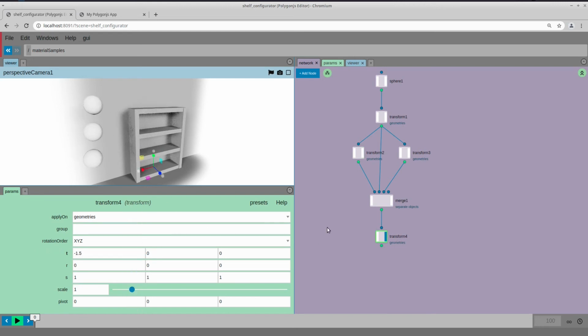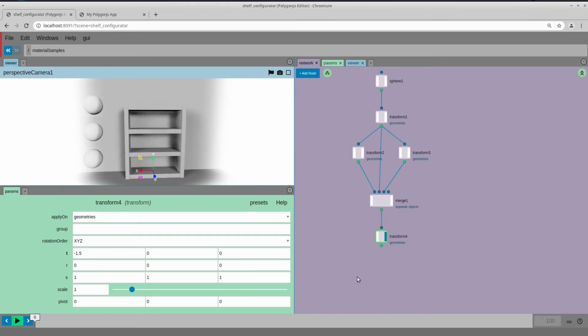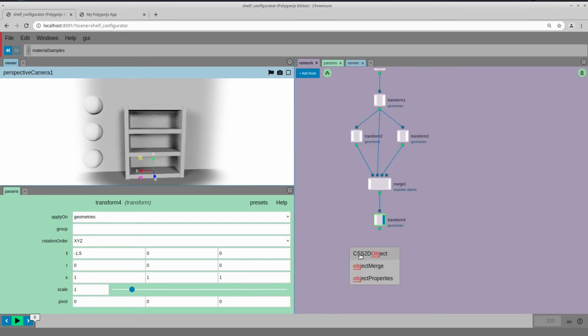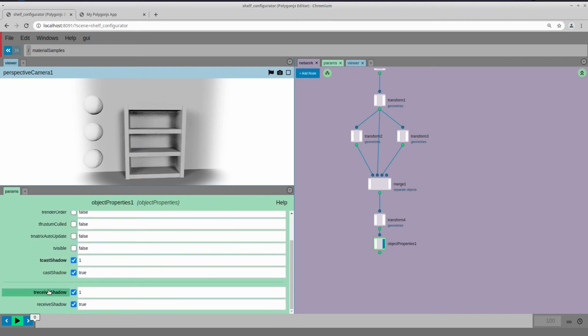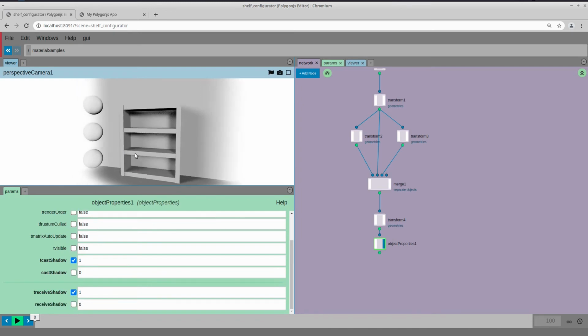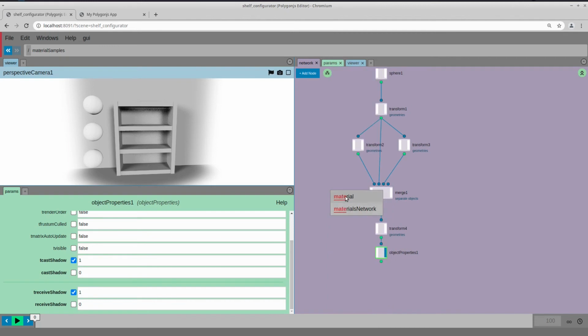like this. Now as we can see that those spheres are actually creating shadows, and we don't want that. So we can use the object property nodes, and we're going to toggle the cast shadow and the receive shadow, where we're going to untoggle those properties. So now those spheres do not cast shadows anymore. And let's actually assign the materials to those spheres. So we're going to create material nodes,